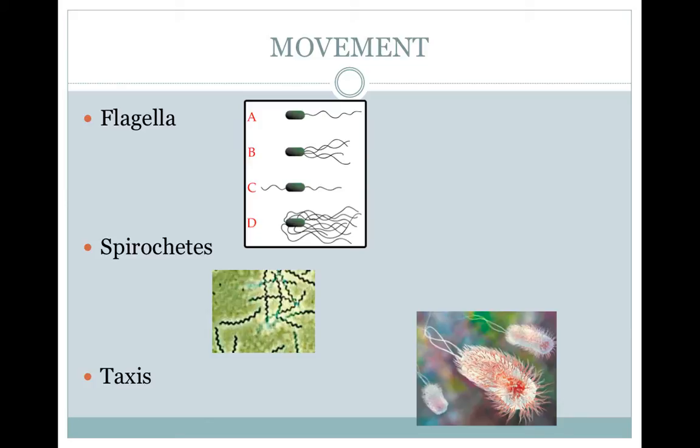Spirochetes are helical bacteria that use a corkscrew motion. That's made possible by modified flagella that run beneath the outer membrane. Many cyanobacteria and a few other groups of bacteria use poorly understood gliding mechanisms, including rolling. Some move up and down in the water by adjusting the amount of gas in gas vesicles.